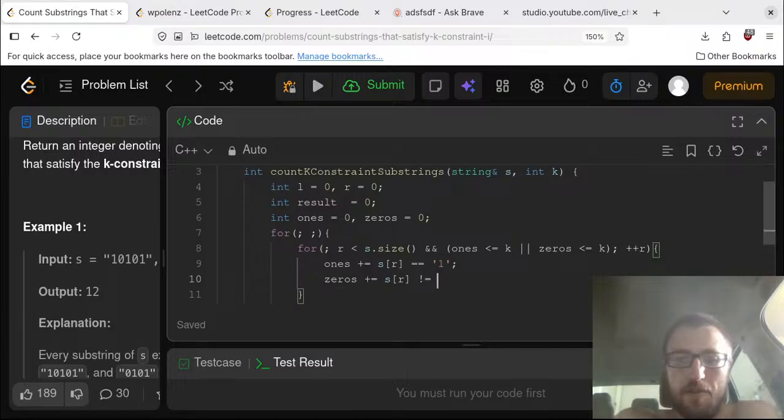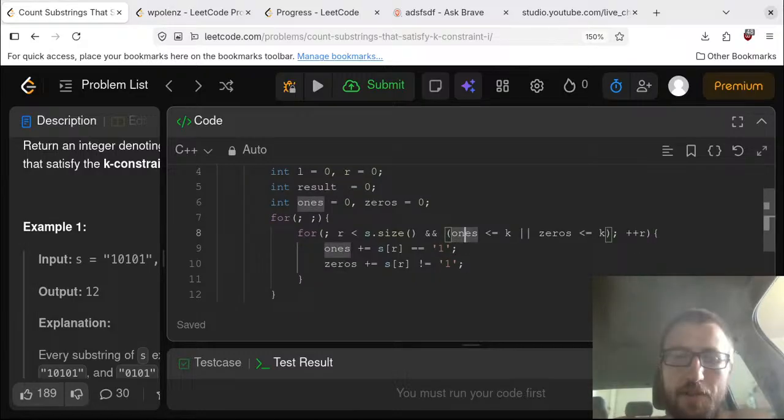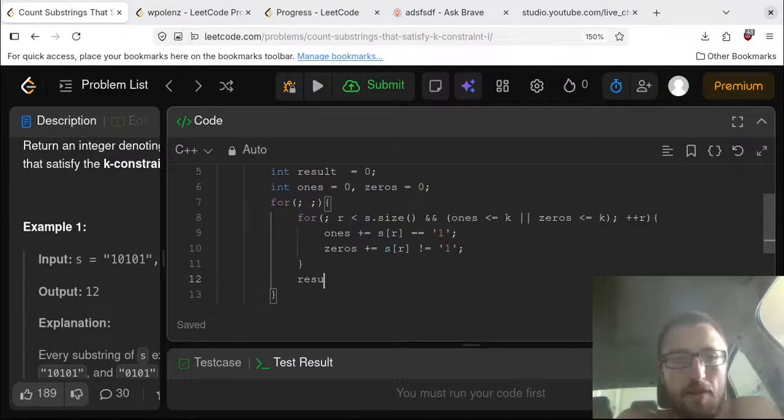I'm fairly confident this probably gets optimized by the compiler. Okay, so we'll keep incrementing until we reach a point where it's too far. So then result is going to be plus equals